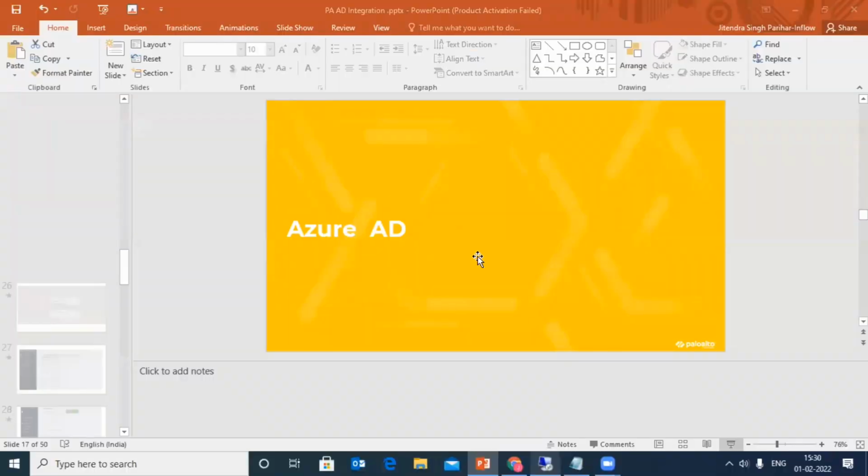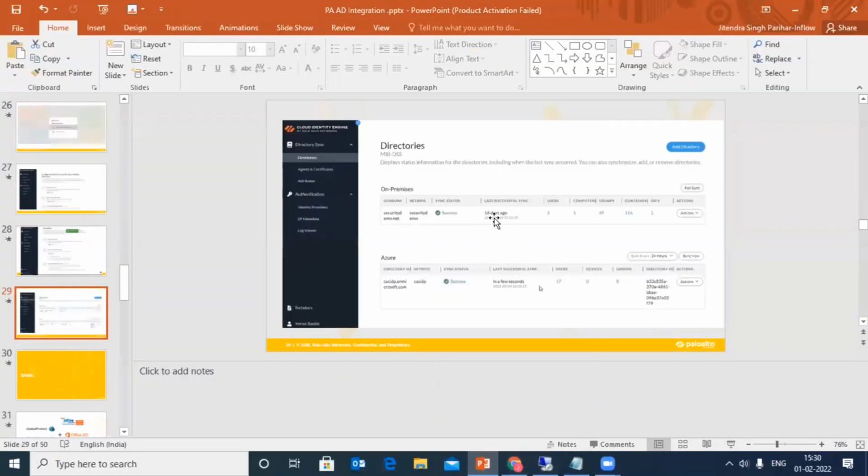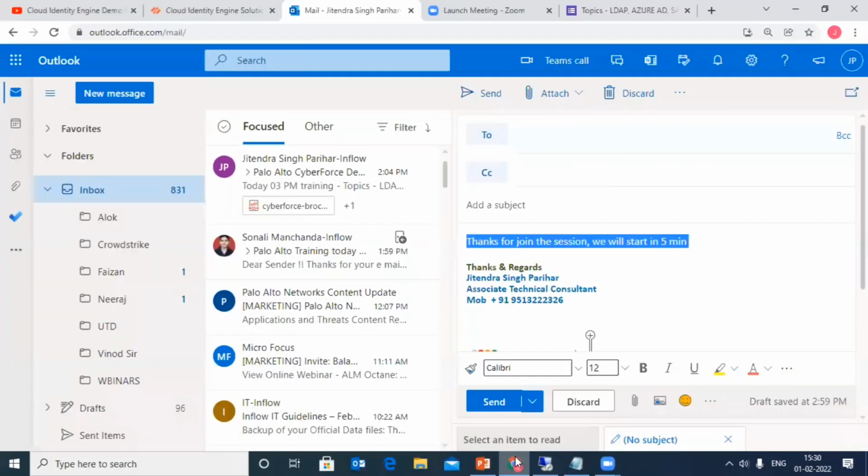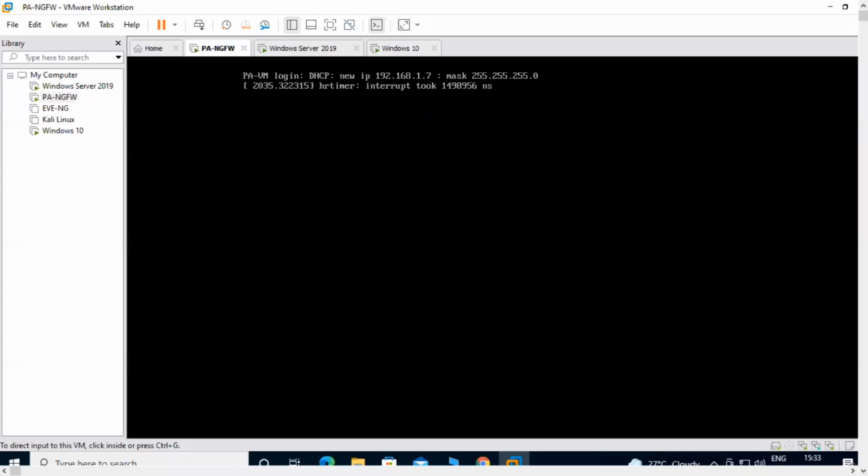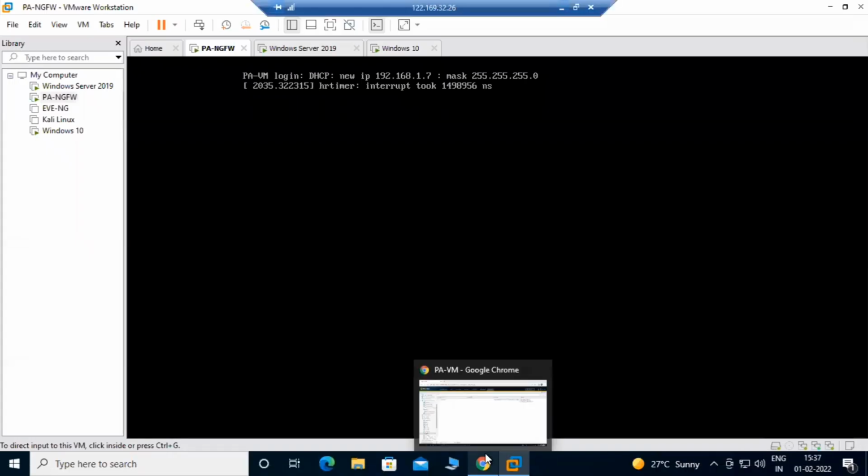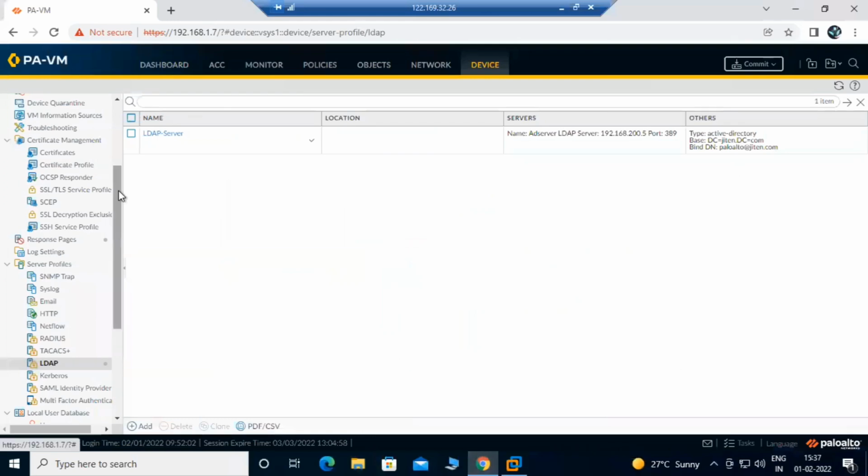Okay, and now how can you use that user information? So again, go to the firewall,